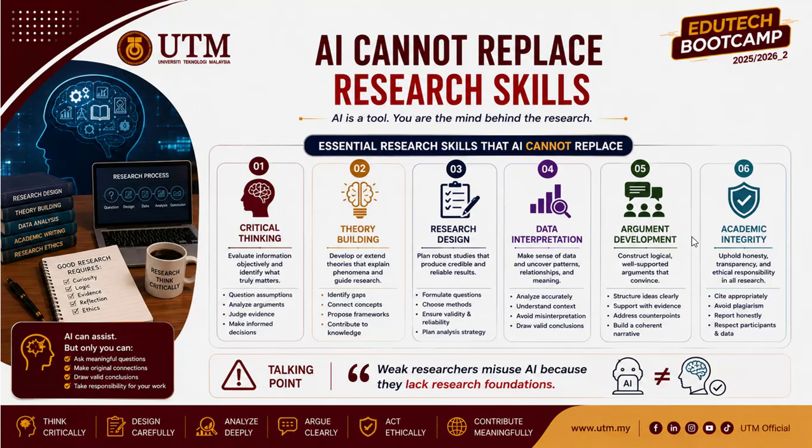Second option is to use the AI to develop. You know the procedure. After knowing the procedure, you can easily use the AI tools, very fast, very authentic, within a second you can do all the things very accurately. Otherwise this will be very, very difficult to manage quickly. We have then argument development, academic integrity, to cite appropriately.